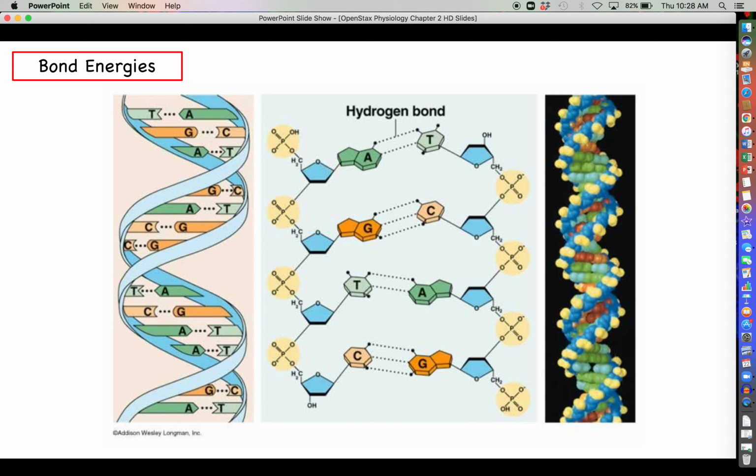So just real quick, here's an illustration of two strands of DNA being held together by hydrogen bonds. You're going to learn more about this in the On Your Own segment of this chapter, where you look at base pairing rules. Guanine always binds with cytosine, thymine always binds with adenine. But you'll notice here that in each base pair, whether it's A to T or G to C, we have a number of hydrogen bonds existing between the two atoms in the nitrogenous bases.